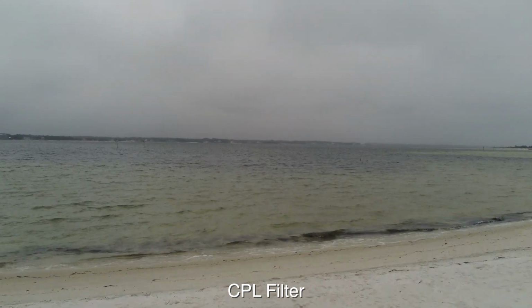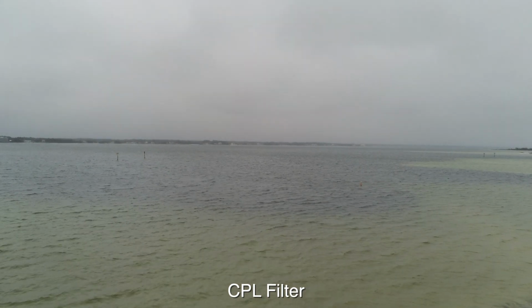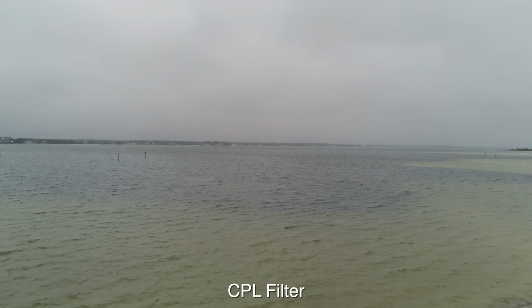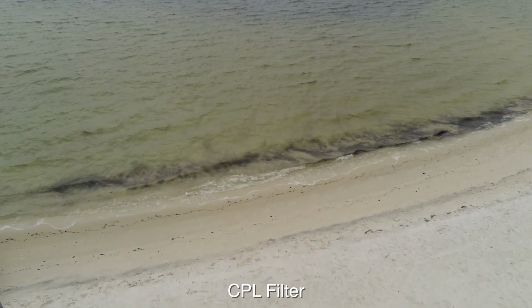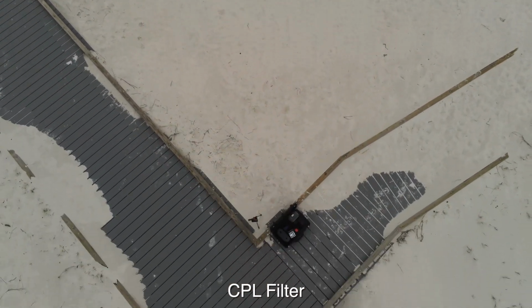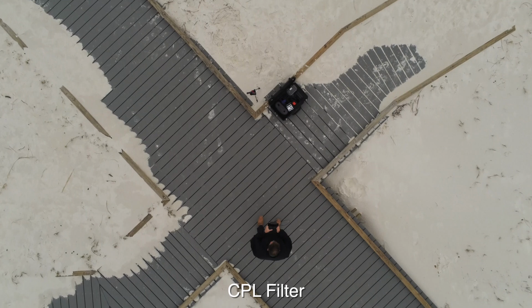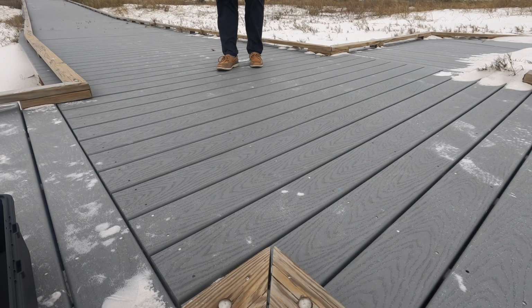All right, so we'll go ahead again up to about 25 feet, and that's our straight out, about our 45, and then finally our 90. I was really hoping to see a lot more differences in between these two, so maybe on